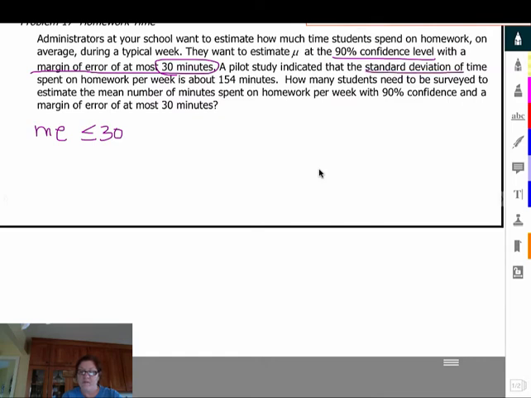I know the standard deviation for the pilot study was 154. So now that's previous information. So we're going to treat that as sigma because somebody else has done some study and that's what they're saying that the standard deviation is. Of course, we're trying to find how many, so we're looking for n,